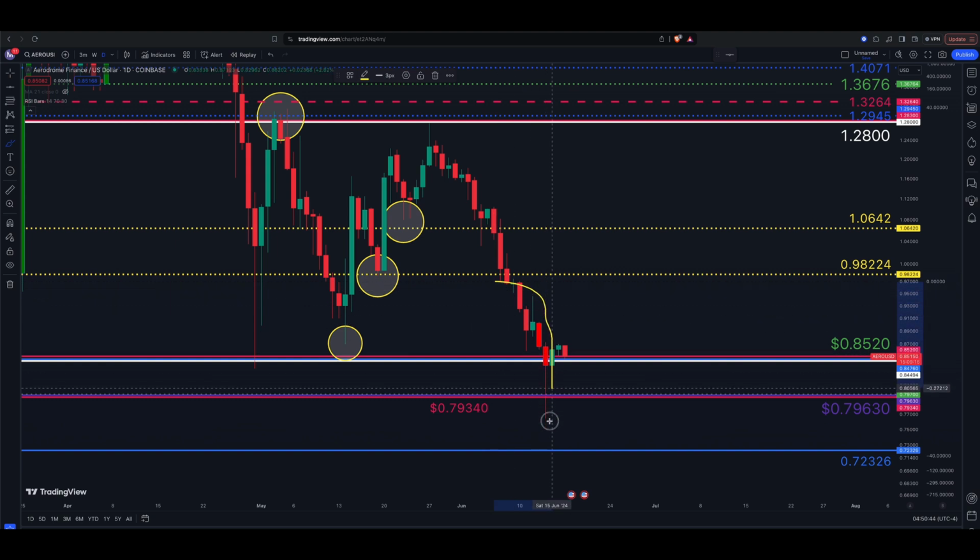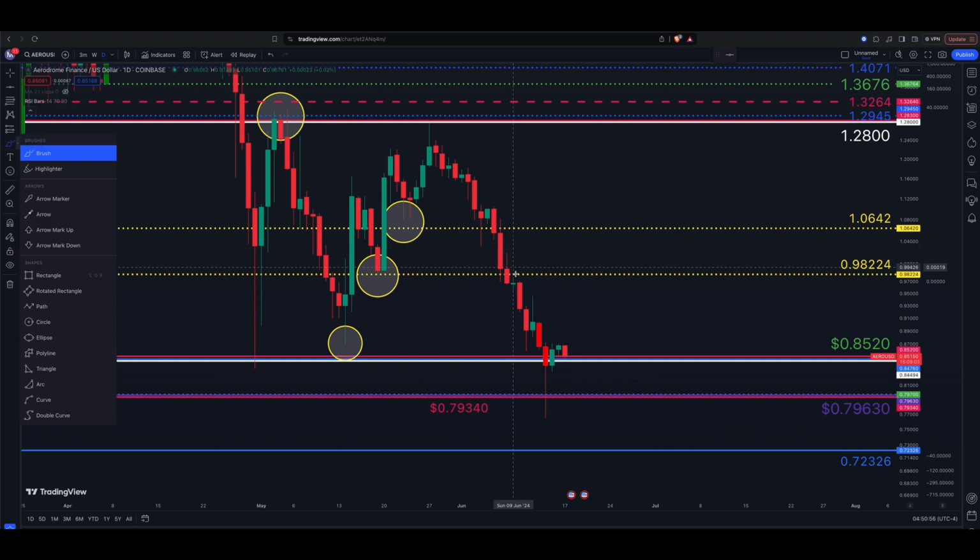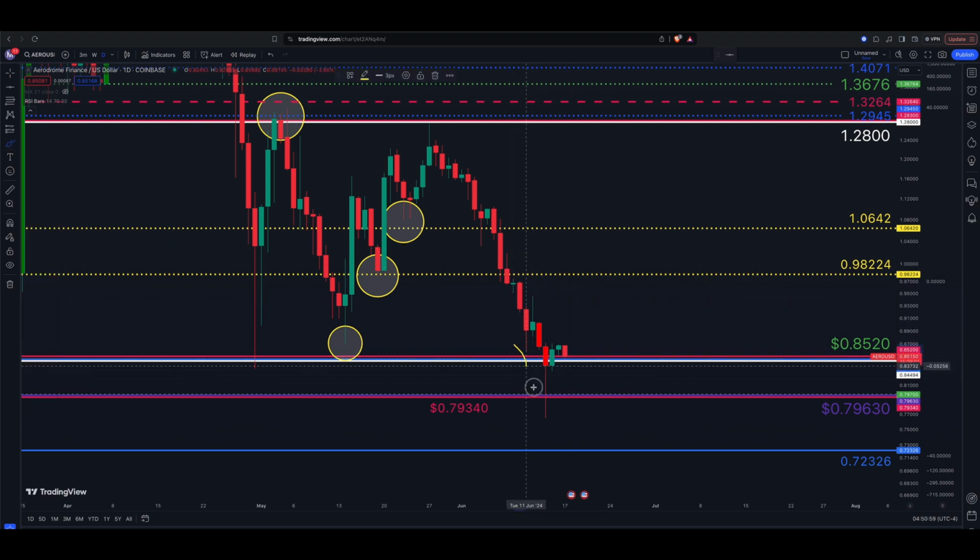So ideally, we see these levels hold. We had the waterfall move, the sell-off, and we're rallying up. We want support to hold, right in here, these three zones we're talking about. And then we're looking for a higher high, pullback, lower high, higher low. We're looking for a breakout to a higher high. That would be the best case scenario for the bulls, and would take us on our way back up to the